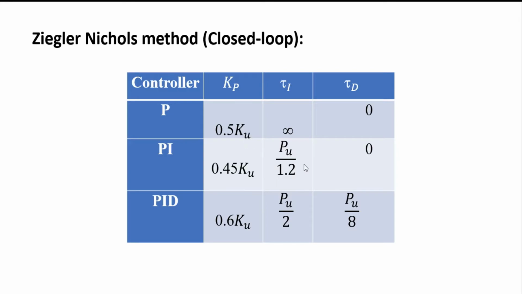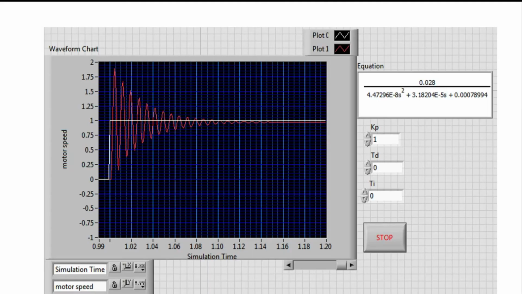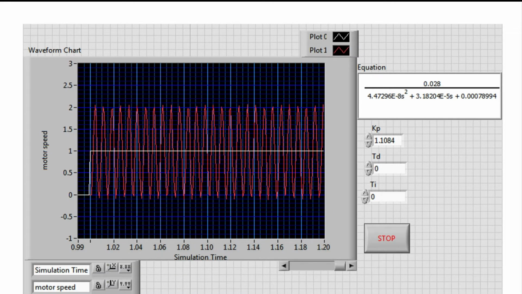You have to find out these two, and the procedure is: first you set your KP equal to 1, like this, and you get this type of values. After that you have to increase your KP.